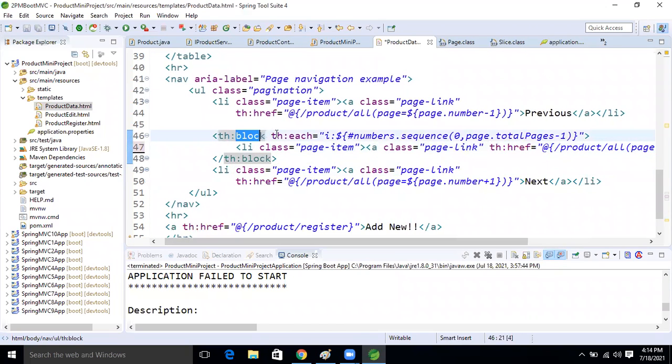PH block, right? PH each. Okay, good. I colon dollar symbol, number, sequence, zero, page, total page.